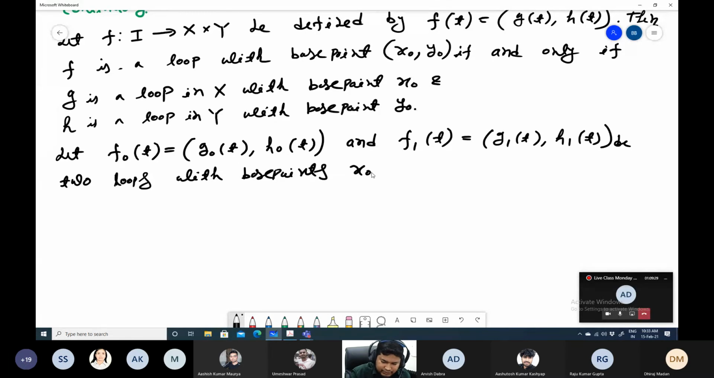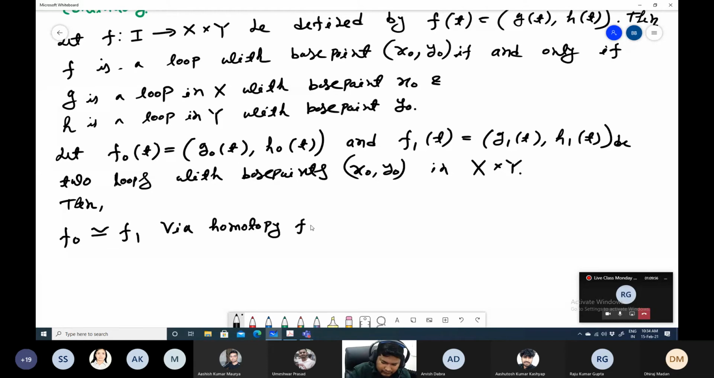So base points x0 comma y0 in x cross y. Okay. Now say f0 and f1 be two loops. Now then again it is again trivial. So f0 is homotopic to f1 via the homotopy ft implies that, or at least it is both ways true,